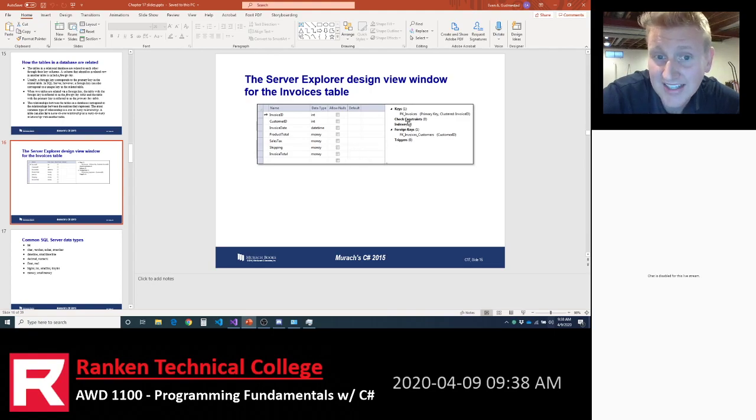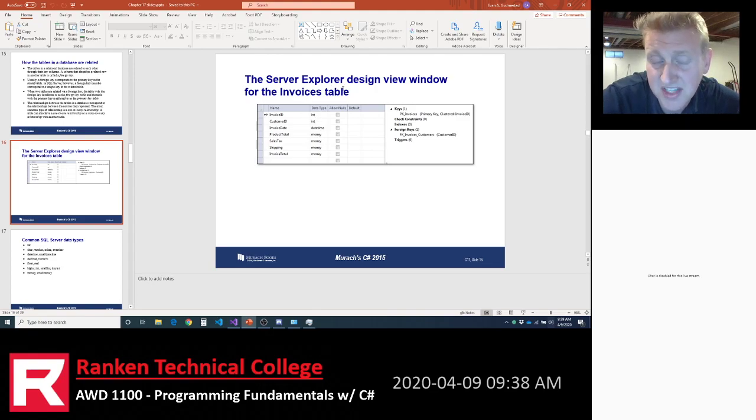Okay, and you can see that on this invoice table there is another foreign key column. Customer ID is actually coming from a customer's table, and you can see that on the right. There's a foreign key called invoices to customers. So the link is between the invoices table and the customers table, and the column ID is customer ID.